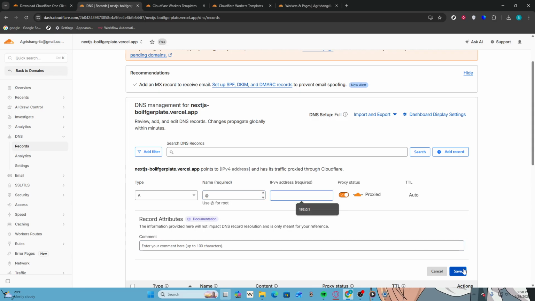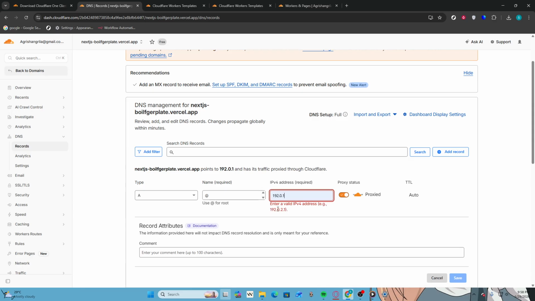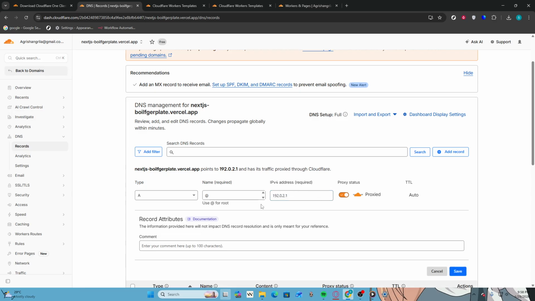Once you have filled out the necessary fields for the DNS record, you will need to review your entries to ensure accuracy. After confirming that all information is correct, click on the Save button to finalize the addition of the record. It is important to note that changes to DNS settings can take some time to propagate globally, typically within